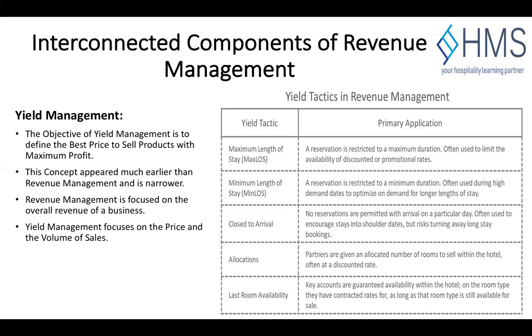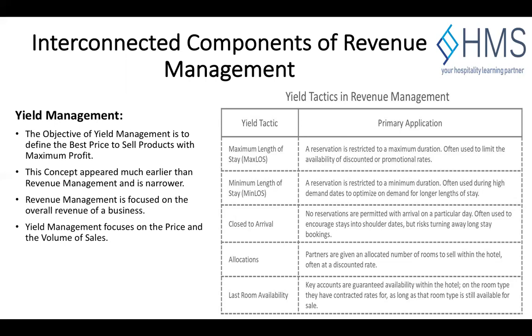So OTAs do help in promoting a particular property, in the sense of search engine optimization, known as SEO, whereby, for example, if a guest goes on an OTA application such as booking.com or Traveloka or Travelcity, it will be possible to just type out luxury hotels in Kolkata, where my hotel would feature number one or number two on the list. So these are essential tactics, and these are examples of how yield tactics come into play in the concept of